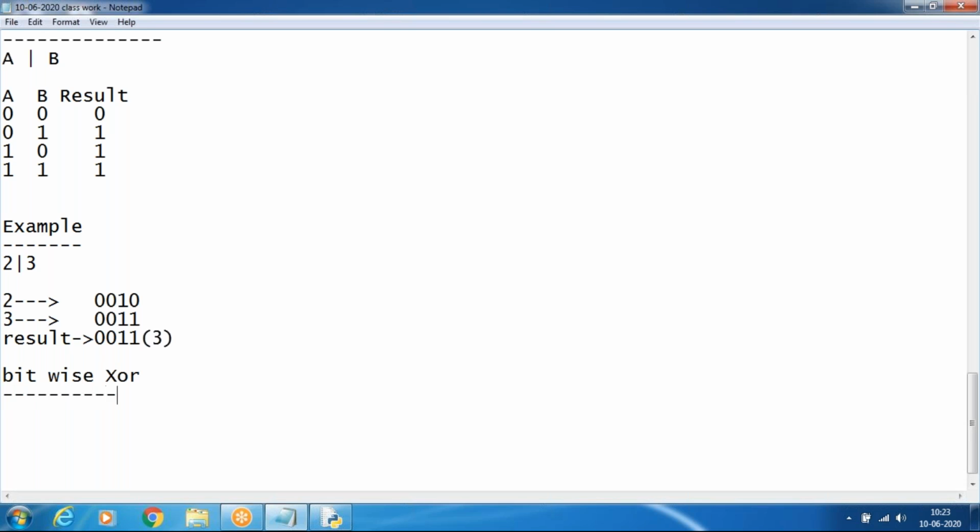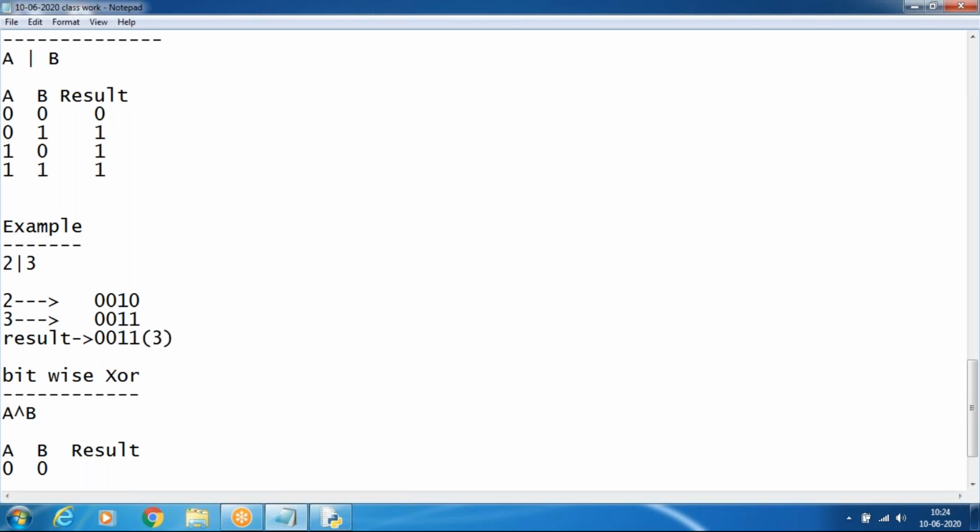The bitwise XOR operator is A cap B. In this case, A cap B, A, B, and the result. 0 0.